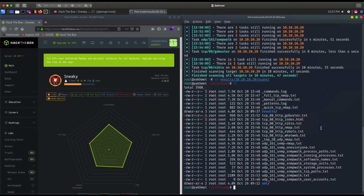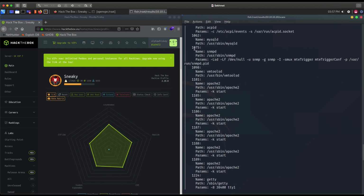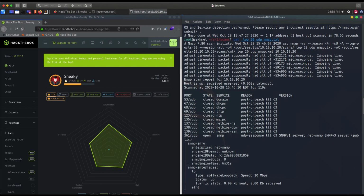So it looks like we have both TCP and UDP results this time. It appears we have an Apache 2.4.7 web server running on port 80, and SNMP version 3 running on port 161, UDP 161. So starting with the web server,